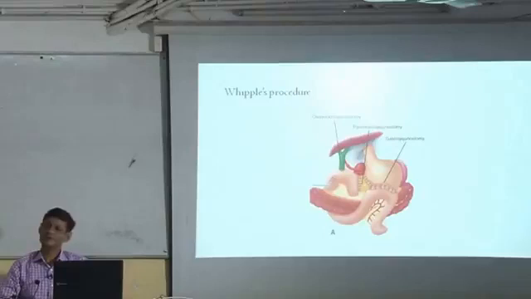The most common cause of pancreatic carcinoma is chronic pancreatitis. And the commonest cause of chronic pancreatitis is alcohol. Alcohol is one of the causes of acute pancreatitis. The patient keeps on drinking and he has repeated episodes of acute pancreatitis. Ultimately, this acute pancreatitis gets converted into chronic pancreatitis. Once the chronic pancreatitis precipitates, then there is an increased